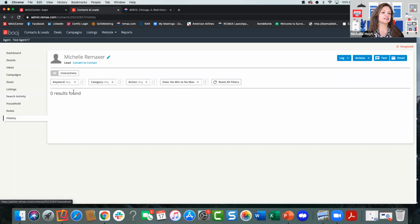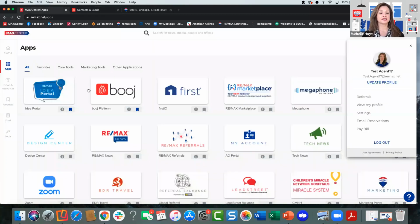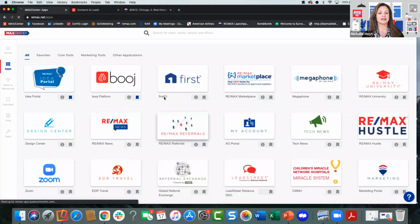And then if you want to see the history, so all the account activity of anything that's ever occurred on this particular record, you can see. Notice on every screen, you always see this action button. Now I mentioned this before, you can actually transfer or share this contact record with anyone in the US through the booj system. Let's say that you are sending a client you found an agent in Florida, which by the way, the referral directory in Max Center is located right here, the Remax referrals. You can look for agents anywhere in the world on this